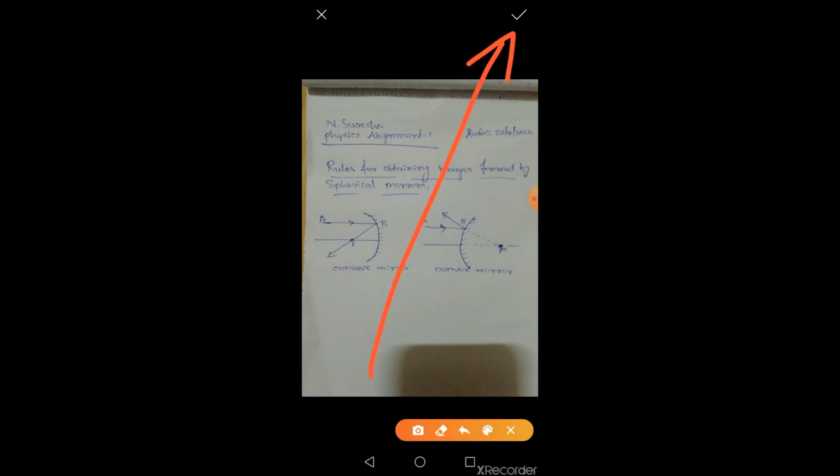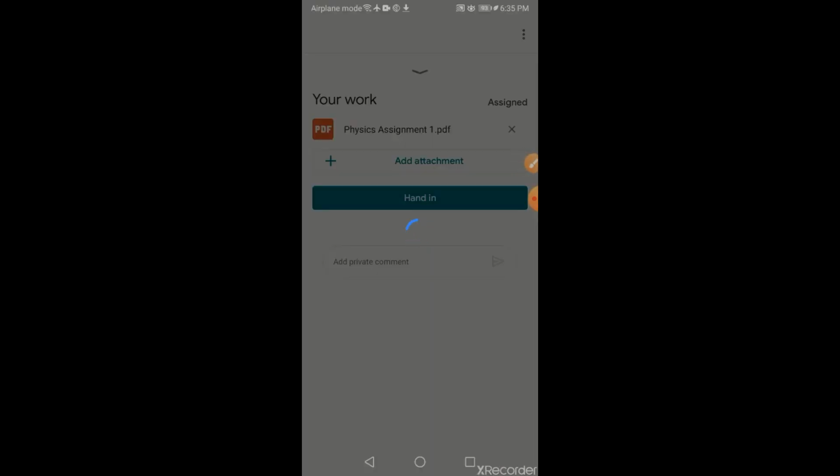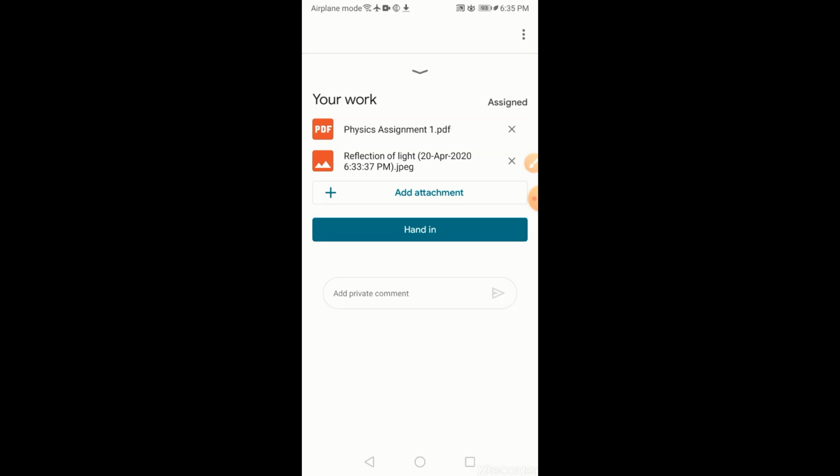This is where I am going to tell Google Classroom that I have finished my work. Click there, then it will get attached to my previous assignment. So I am going to submit two attachments. One is in PDF format and another one is in JPEG format, because the photo which I have taken will be stored in the form of JPEG format.